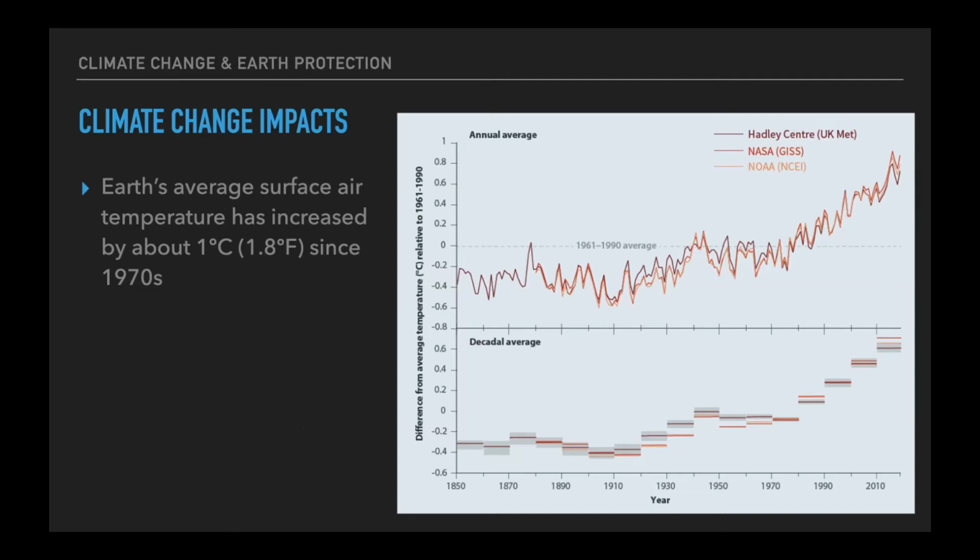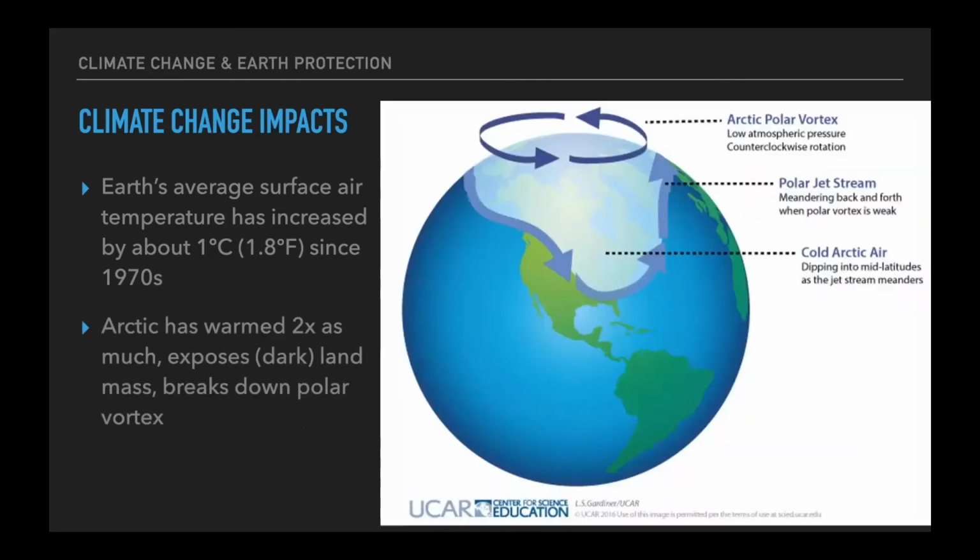And then we're looking at the decade average of surface temperatures, right? So this is land surface temperatures. And you can see that we're on this trend. There's no real surprise there. But what's interesting is that as this is warming, we're causing these really unexpected and hard to predict impacts on far-reaching corners of the planet.